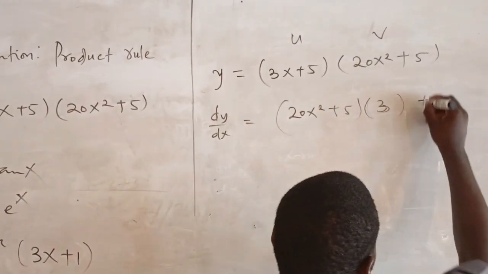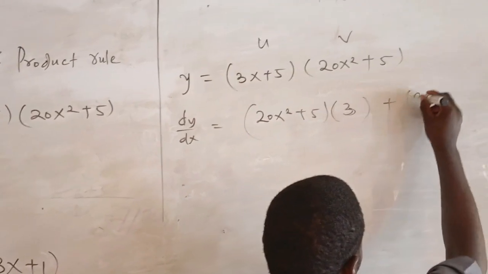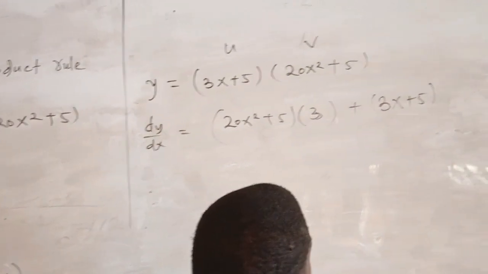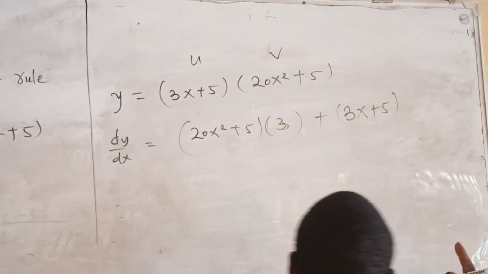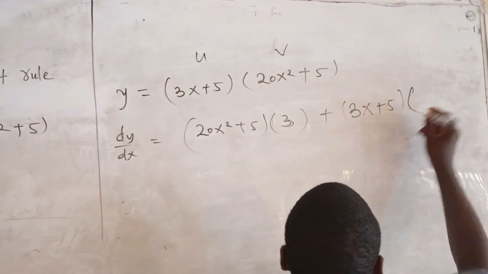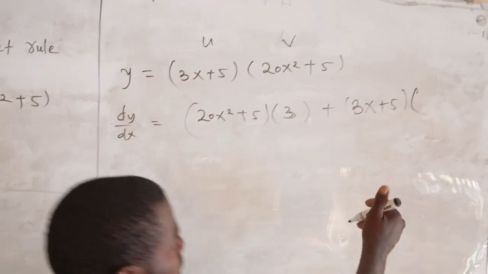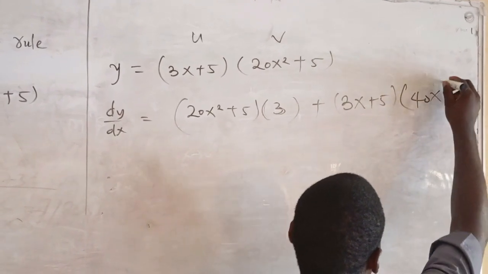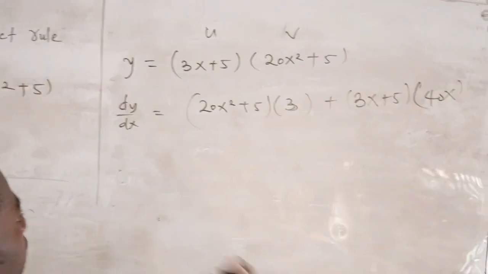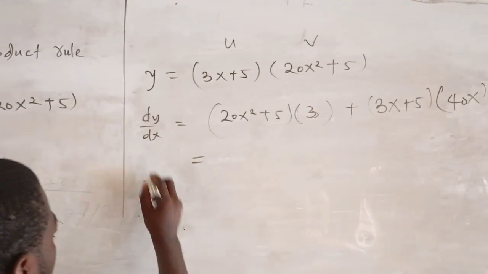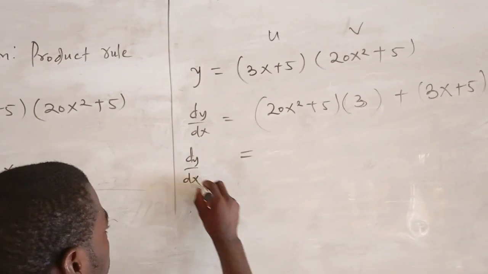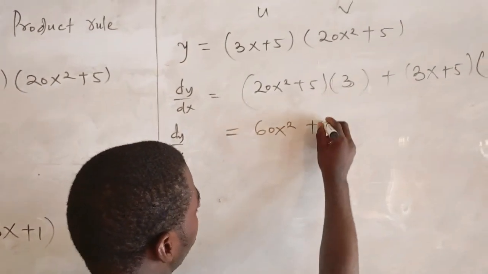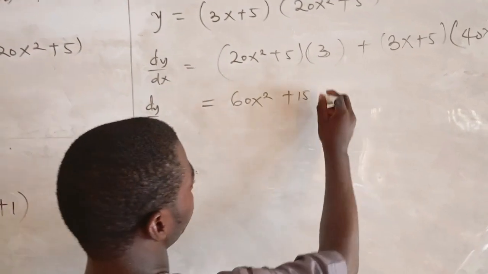Plus u, which is 3x plus 5, multiplied by the derivative of 20x squared plus 5. The derivative of 20x squared is 40x. So we can expand this to be equal to dy/dx is equal to 60x squared plus 15,